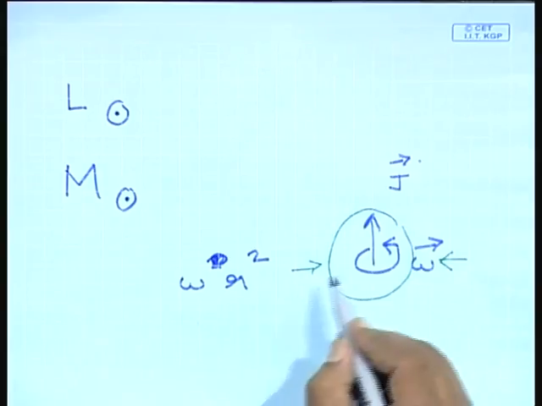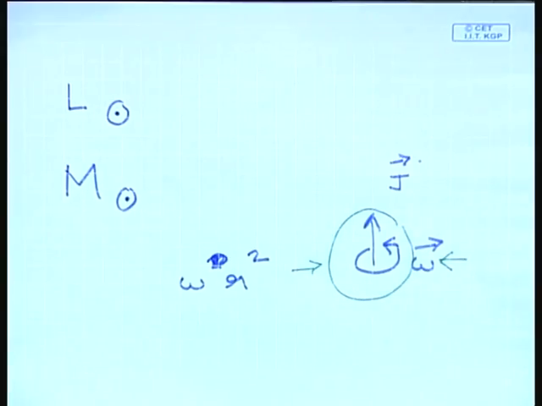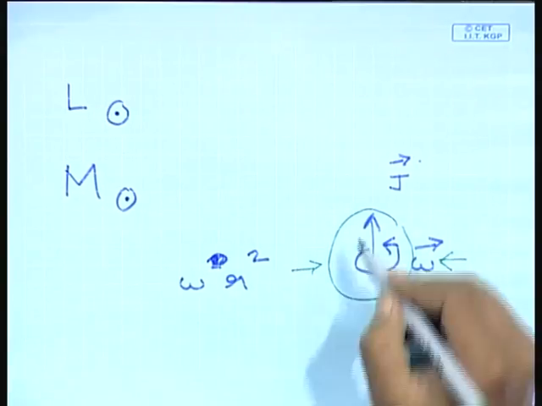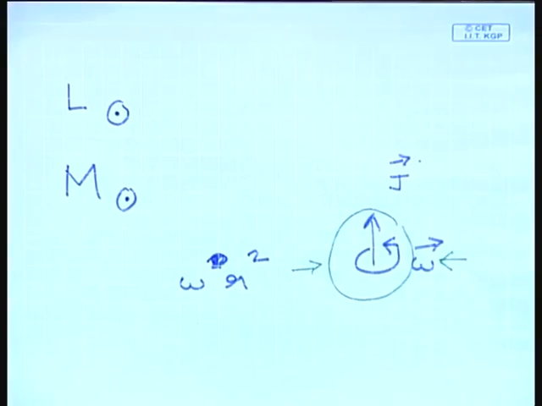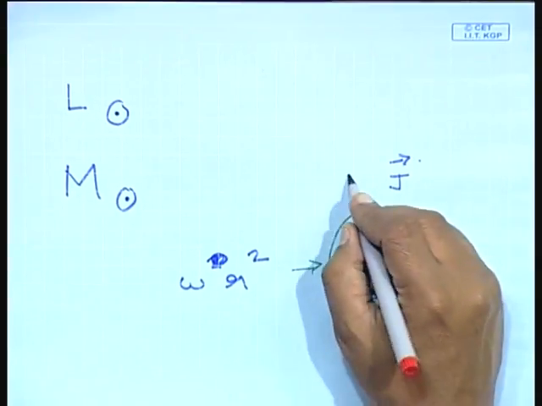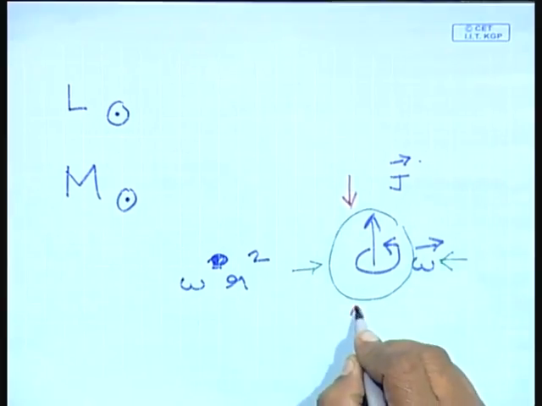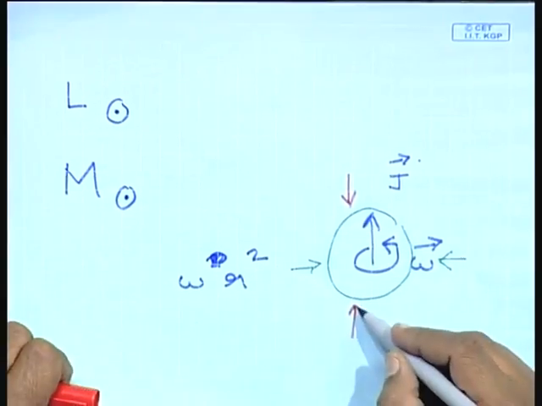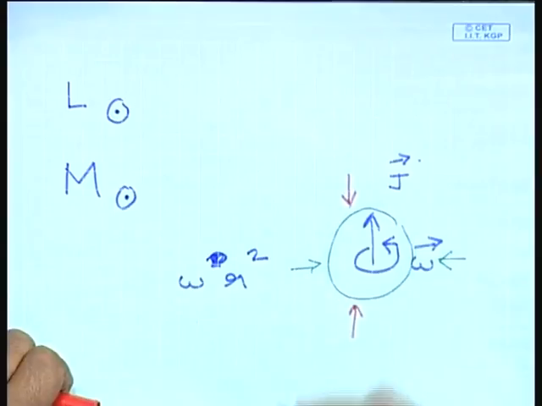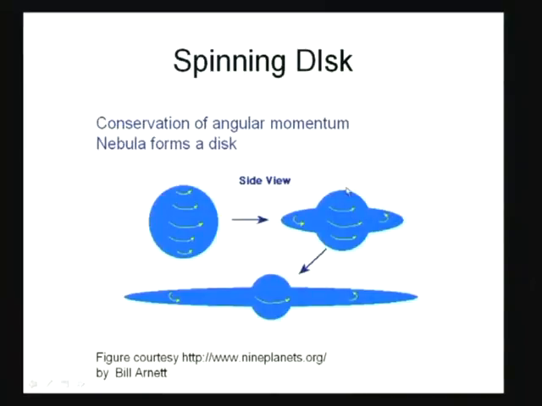Okay. So, that is what prevents it from collapsing in this direction, the centrifugal force, but there is nothing that prevents it from collapsing along the angular momentum axis, because if it collapses this way, that does not have any influence on the angular momentum. So, this cloud which is spinning then collapses in the direction of the angular momentum. So, if the angular momentum is oriented this way, if it is spinning this way, it will collapse along this direction,